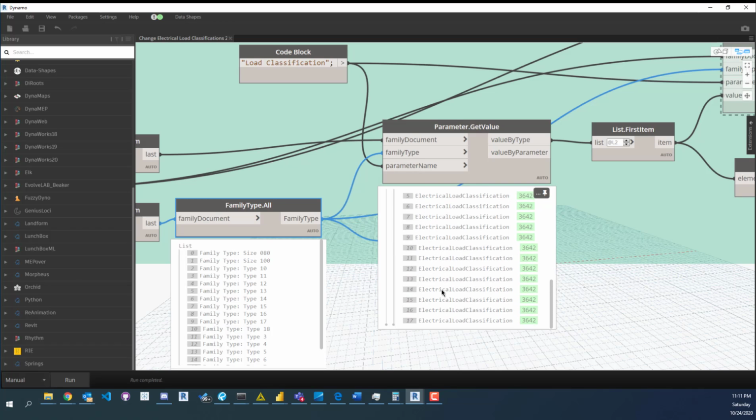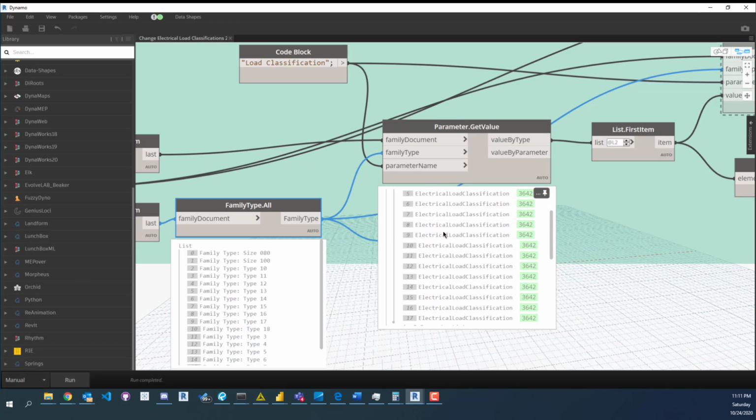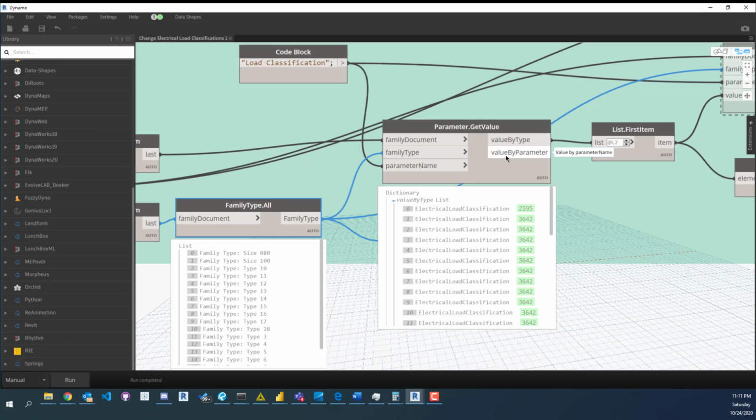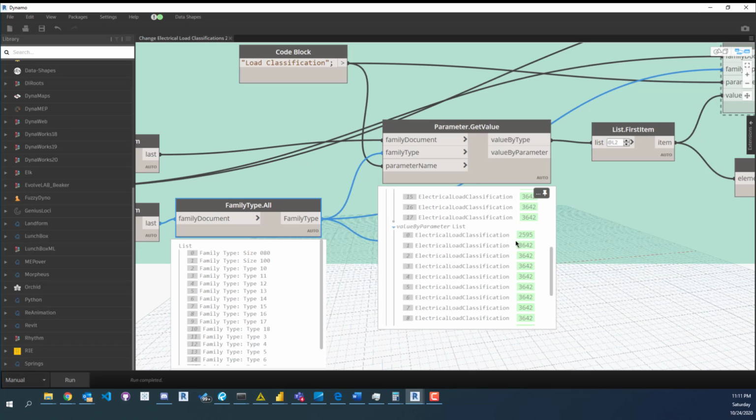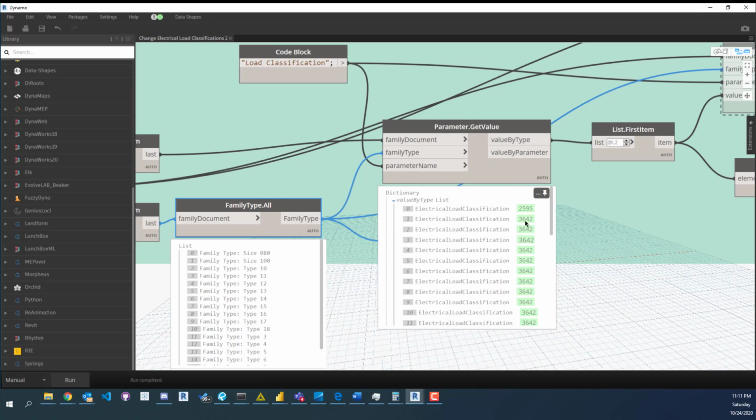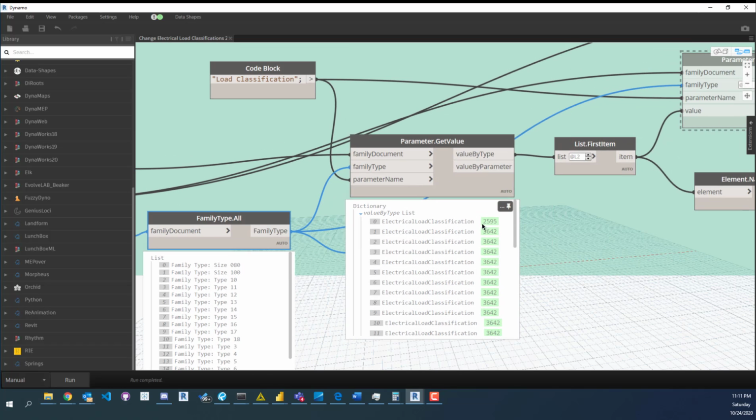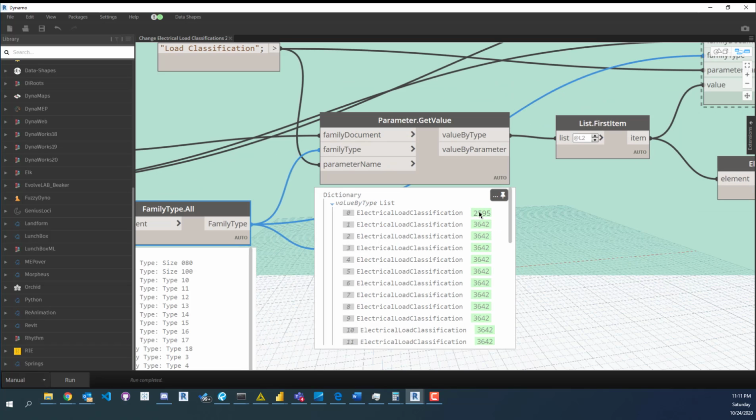Each of them have 18 values in them, and they're the value by type and then value by parameter. What we're going to do is just take the value by type. I don't think it really matters because these are the same exact elements. But in this instance, this works, so you don't have to change it. But we just want to verify that this first element is different because that tells me that, okay, that's